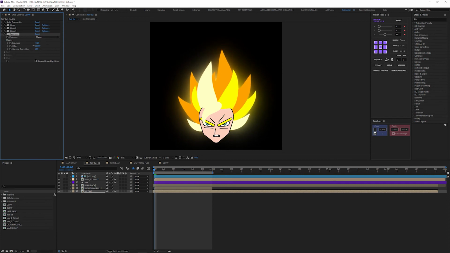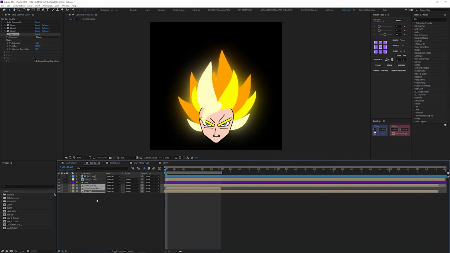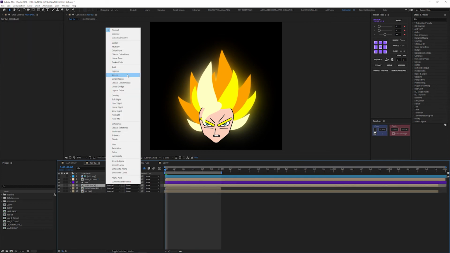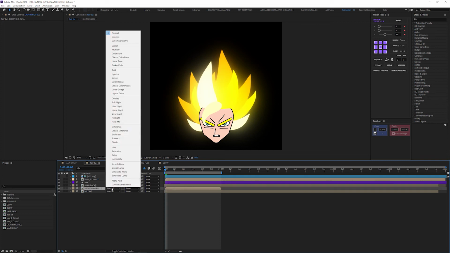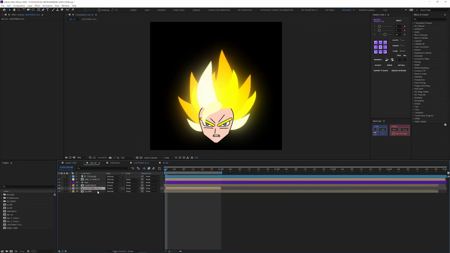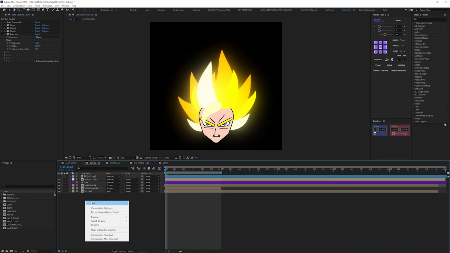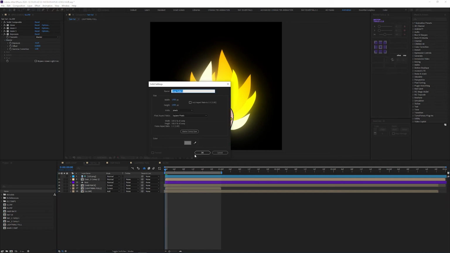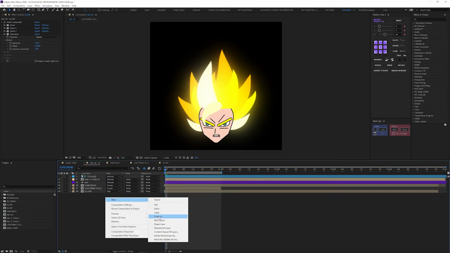You can see it looks really nice at this point. Next step will be to change our layers' blend modes. For that, press F4 to toggle this option. Change the hair back to screen, the lining full pre-comp also to screen, and the glow will be add. And let's also add a background. For that, create a new solid, right click, new solid,